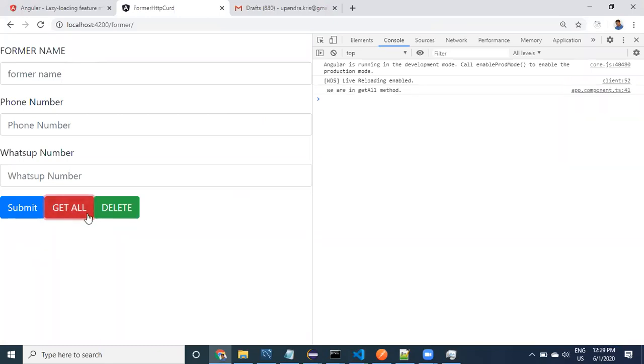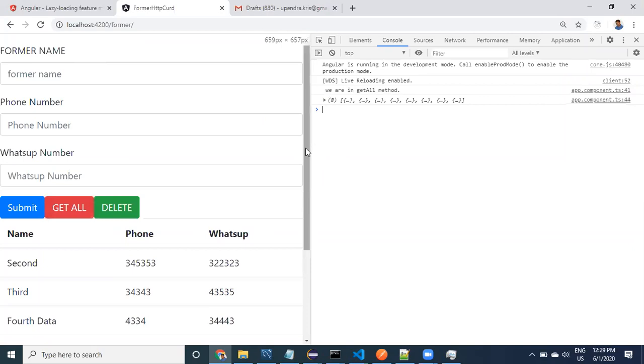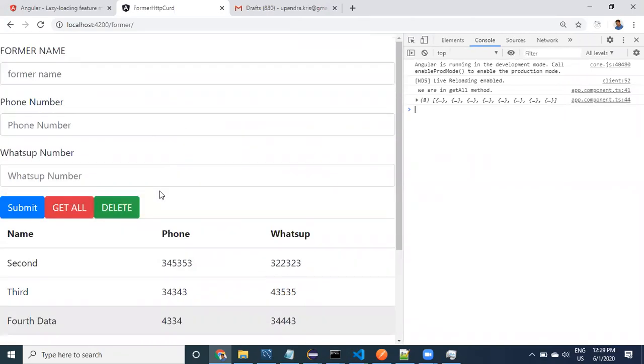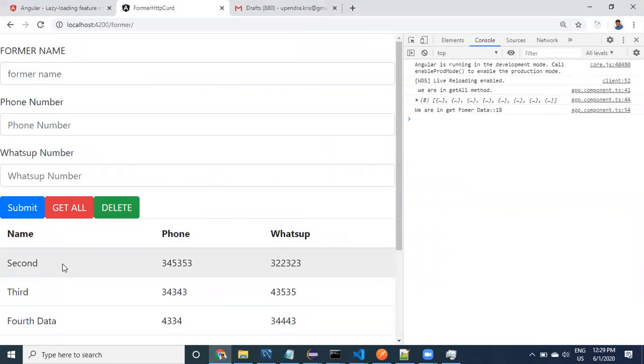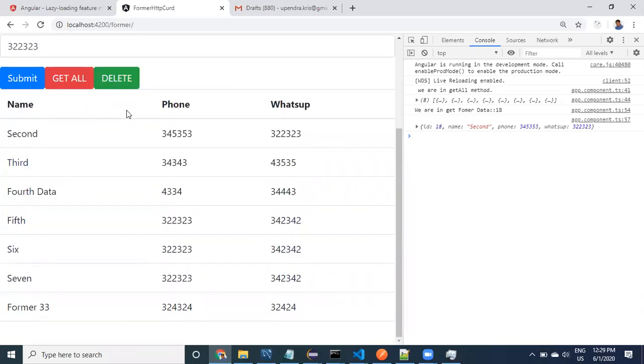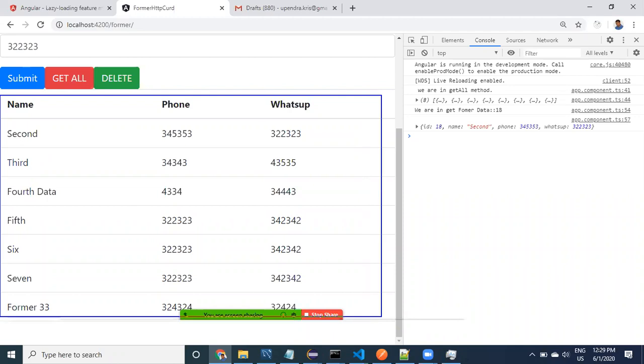We are going to get a list of former information with the get all method. We got the data. Now if I click on something, its data is coming up here. But what I want to do is display this kind of information in a separate module, a separate component.